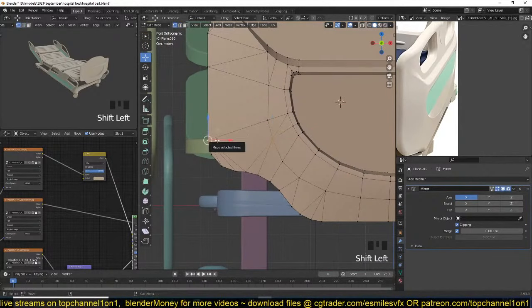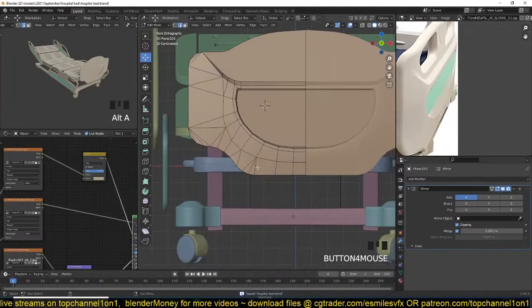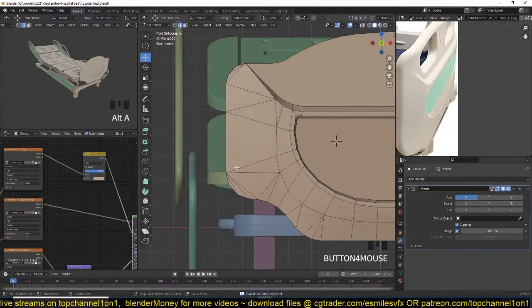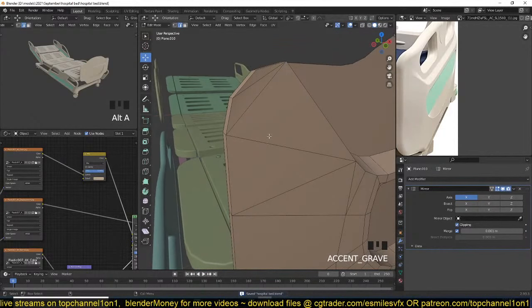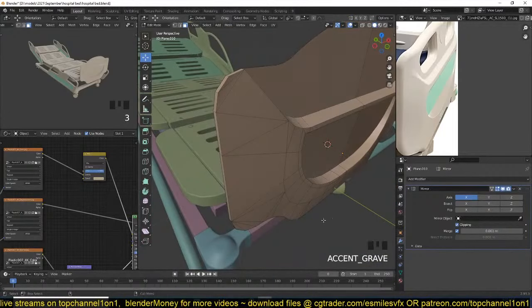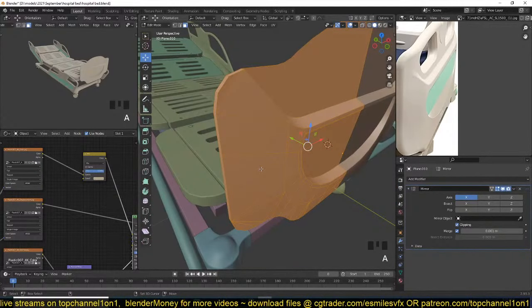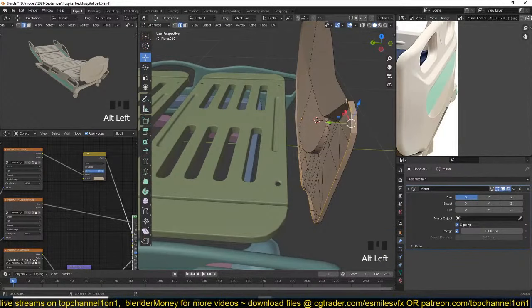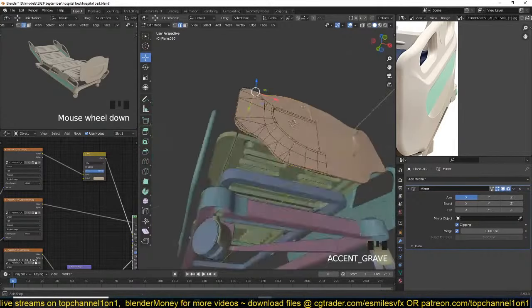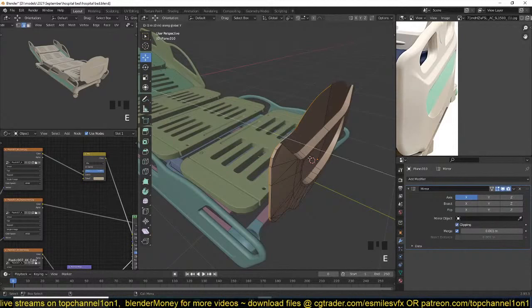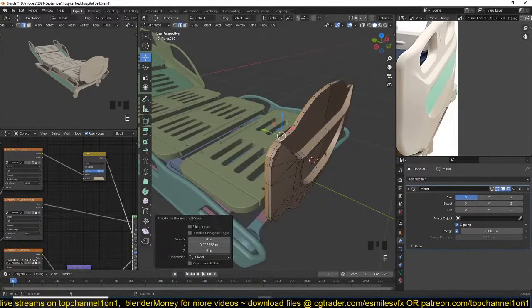And maybe this connected to that. And then we can select this edge loop. Extrude like so,